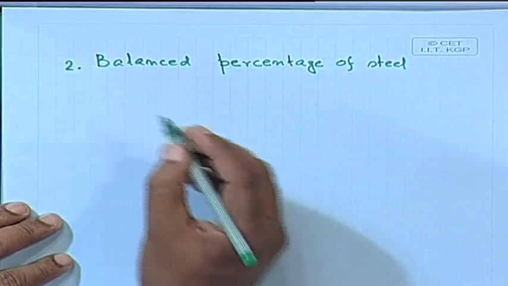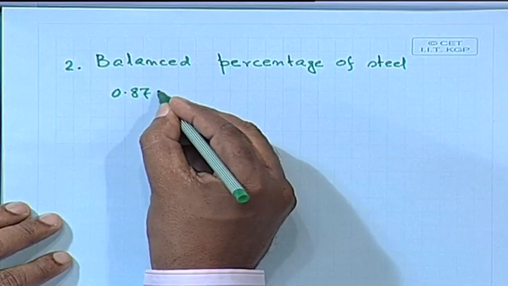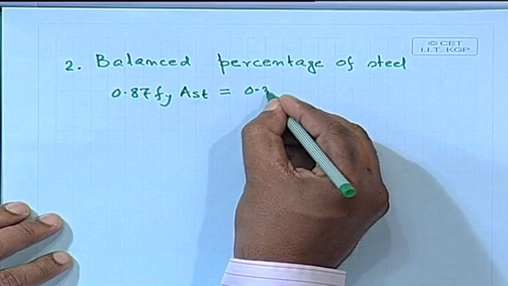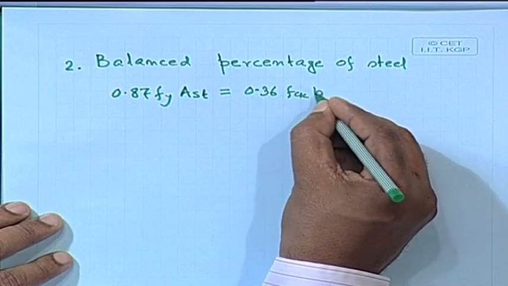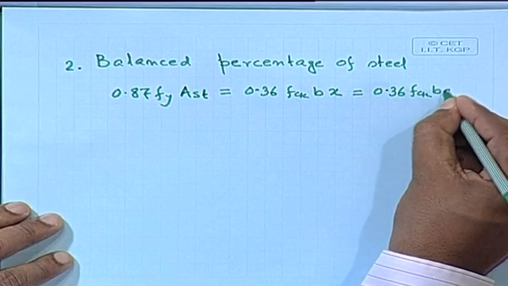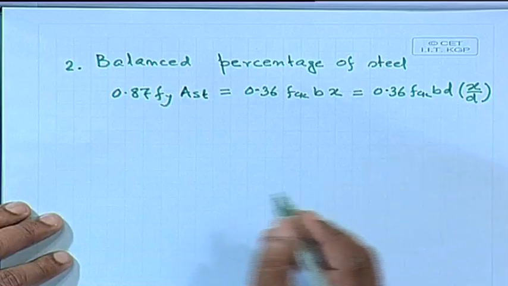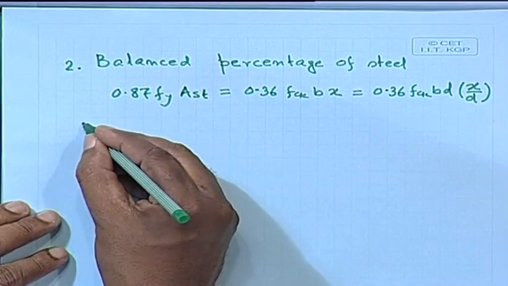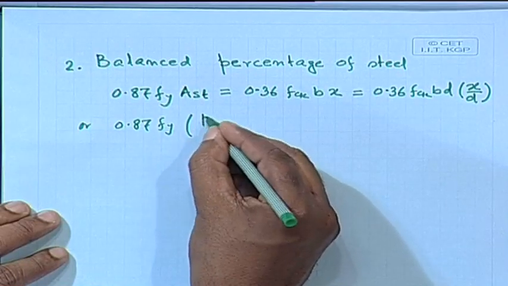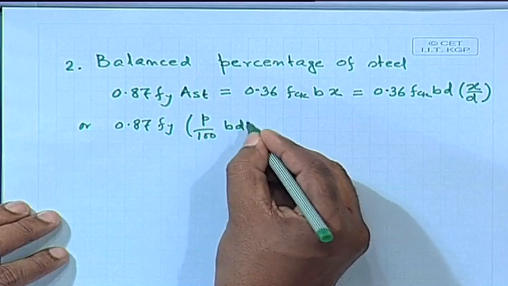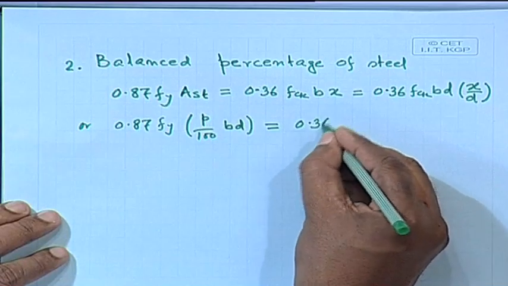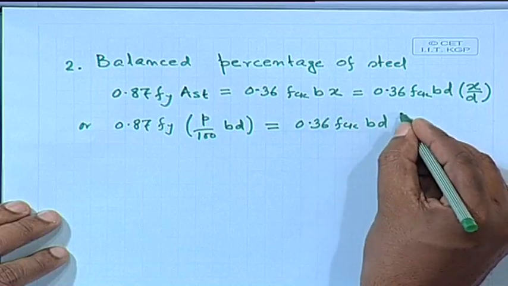Let us say this is number 2. Let us write down the expression, at least in one case, from where we are getting 0.87 Fy Ast equal to 0.36 fck b times xu, equal to 0.36 fck bd multiplied by xu by d. We can write down 0.87 Fy times p by 100 bd equal to, we are taking here percentage of steel, 0.36 fck bd times xu by d,